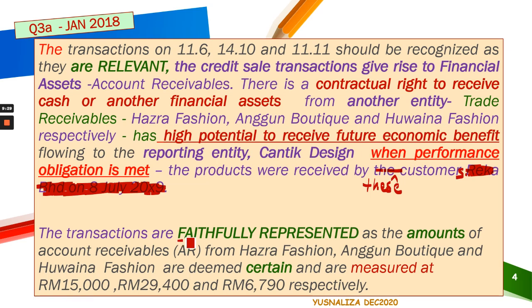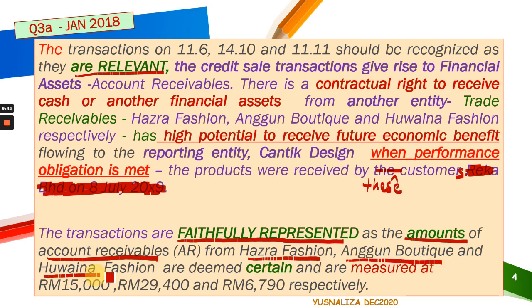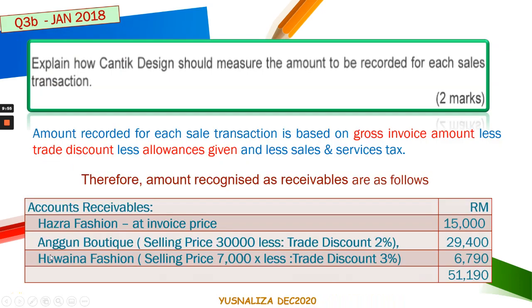Transactions are said to have faithfully been represented. The first one is they are said to be relevant. Why? Because the amounts of the account receivable from these three entities are deemed to be certain, and therefore they are said to be measured reliably at 15,000, 29,400, and 6,790 respectively. Okay, that was for the first question. Next,